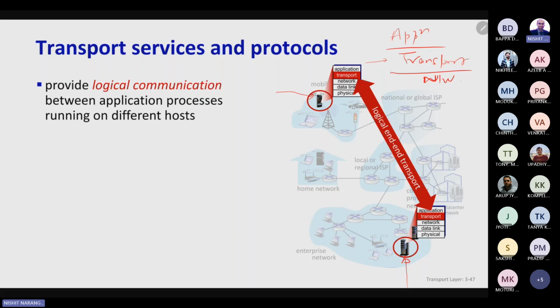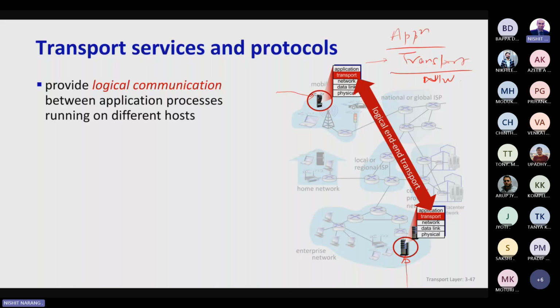This end-to-end transport communication channel is a logical channel that gets opened up between the two end machines. On top of this end-to-end logical transport channel, the application layer messages will flow. Okay, so this is the logical channel that we are talking about opening. Now, in reality, what the transport protocols are doing when they receive the data from the application layer and transmit it over this logical end-to-end transport is, at the sending side,